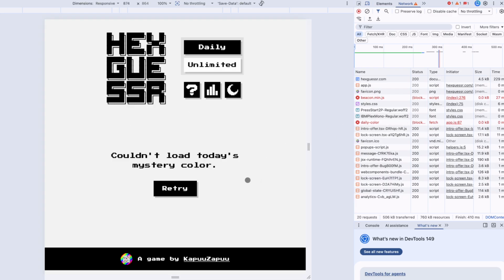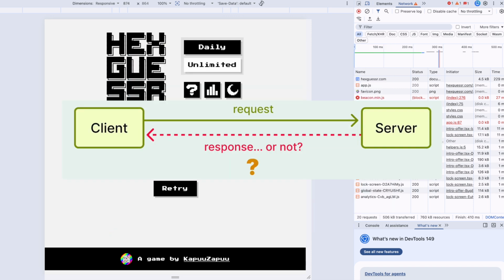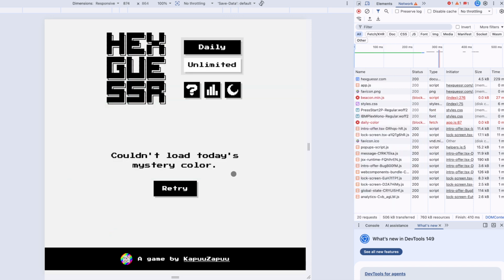Because it has failed to load, we get this nice little catch page that says couldn't load today's mystery color. And this lets the player know that something has gone wrong either on the client end or the server end, but for whatever reason the daily color couldn't be loaded, and they get this little button here to retry and reload the page and see if it will work, but obviously it's not going to because we have the